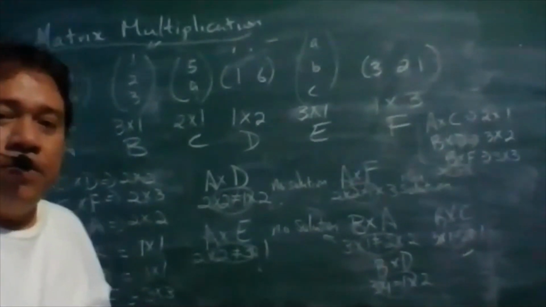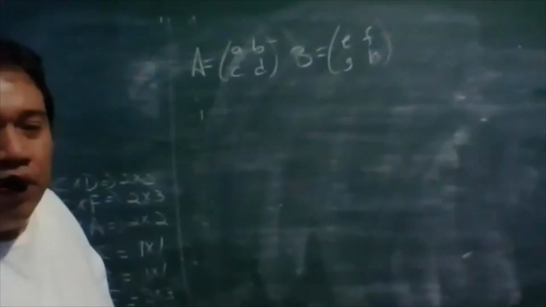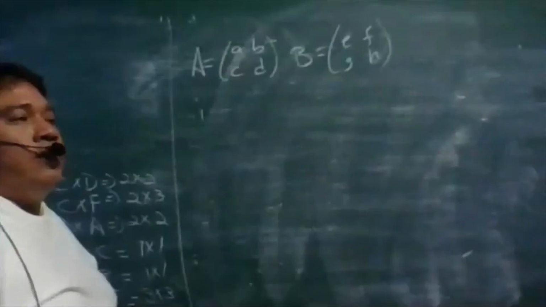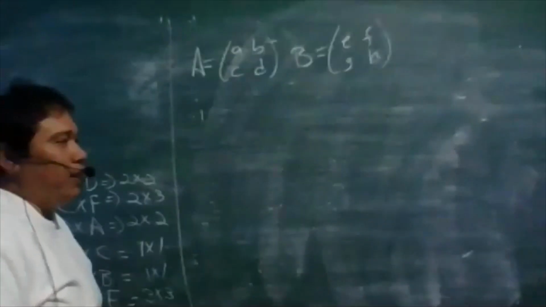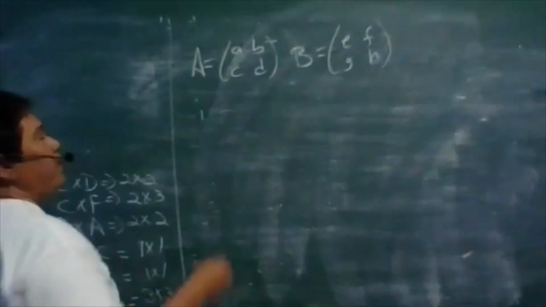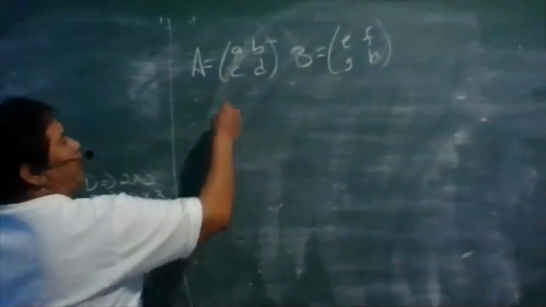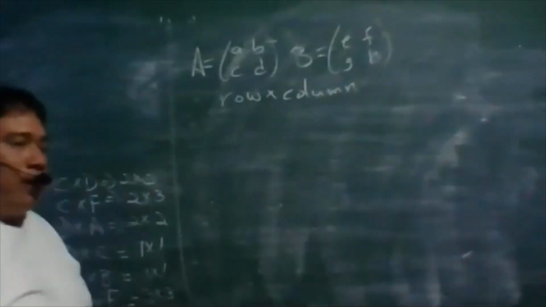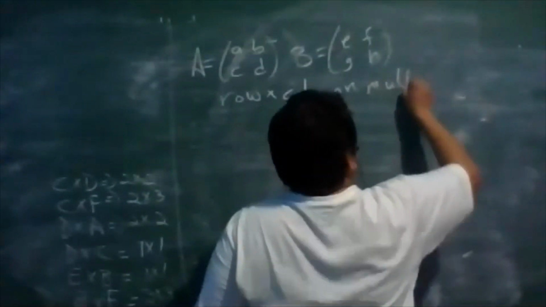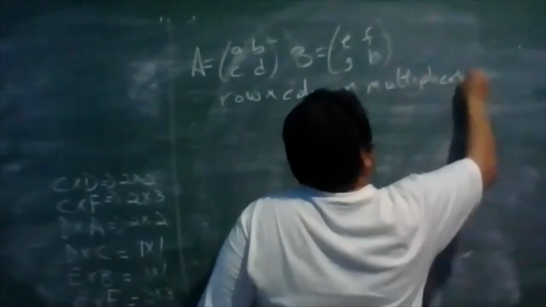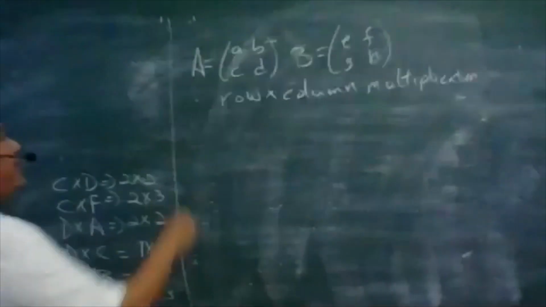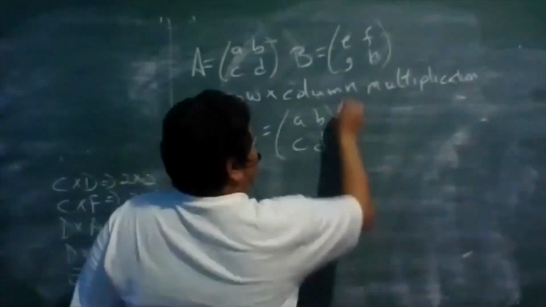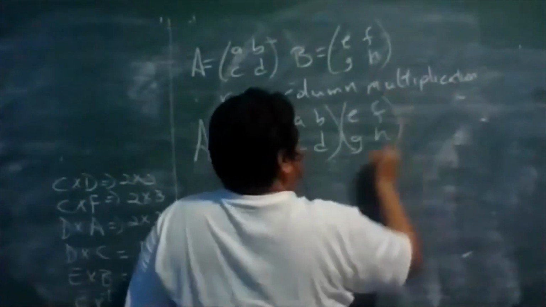I mean, just at this level, you are going to be multiplying 2 by 2 matrices. Okay? So, let me tell you the rule of this multiplication. When multiplying matrices, we have what is known as a row by column multiplication. Alright? So when I say A times B, A, B, C, D times E, F, G, H, you will